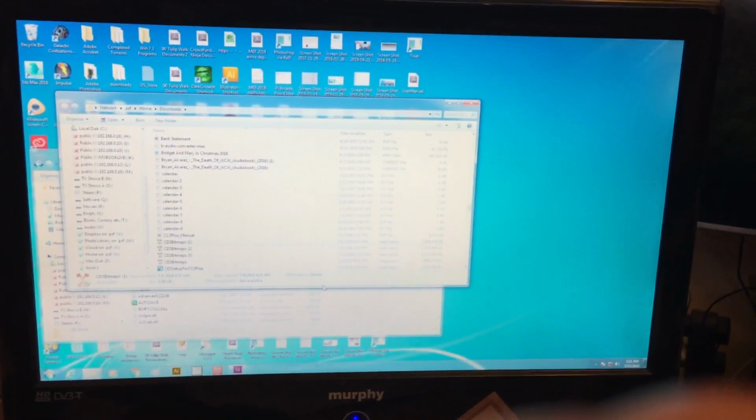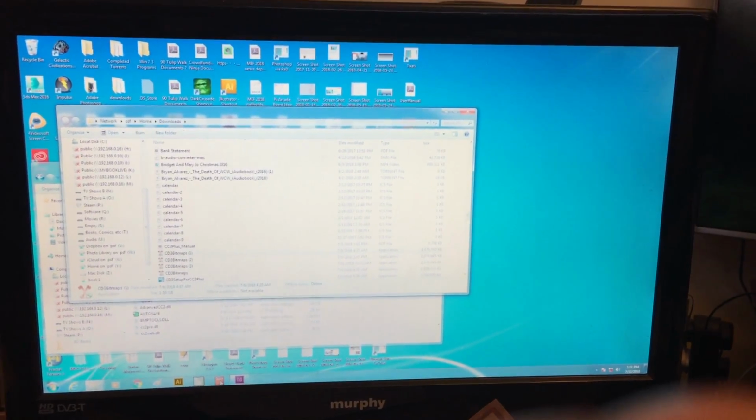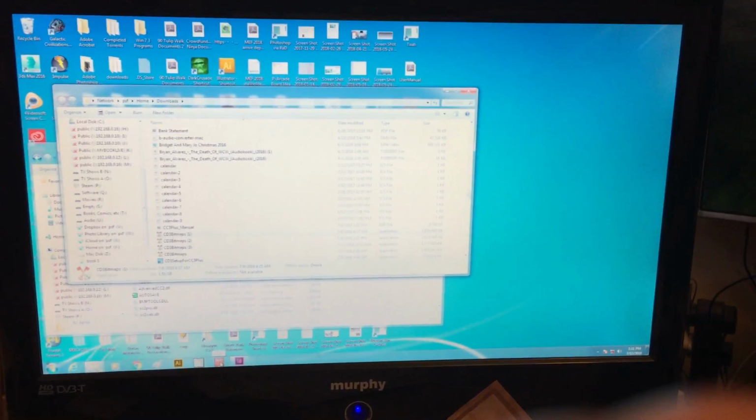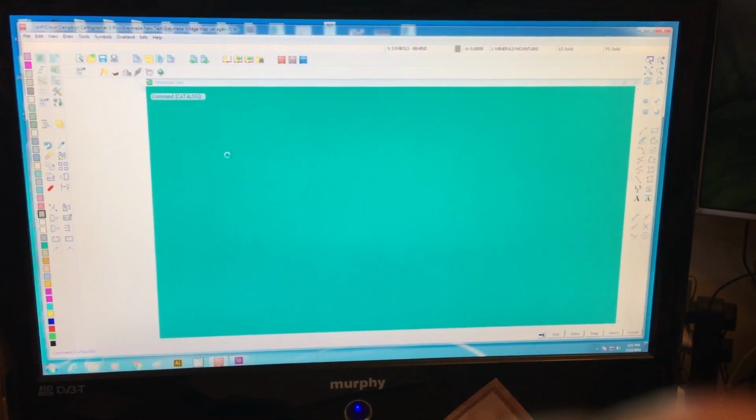Here's my video showing how Campaign Cartographer 3 with City Designer crashes. So sorry it's so shaky, but I'm having to hold it by hand. So I open the program,